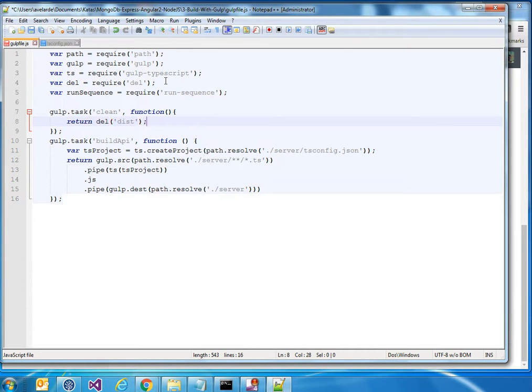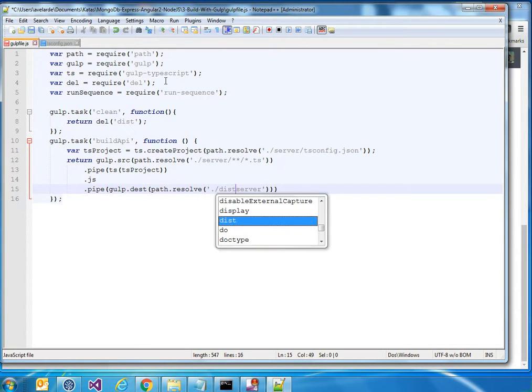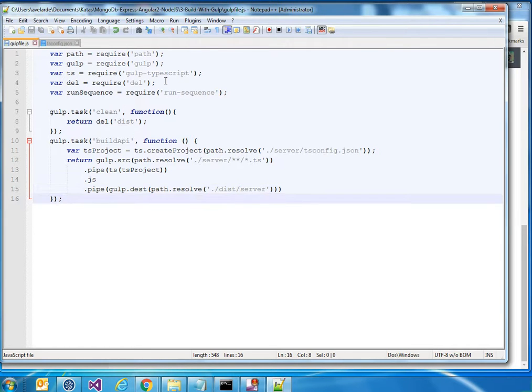This is going to clean the distribution folder. And then here, we don't want this. We want to create inside the distribution folder. And the client